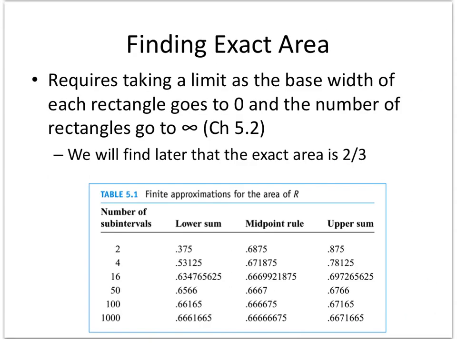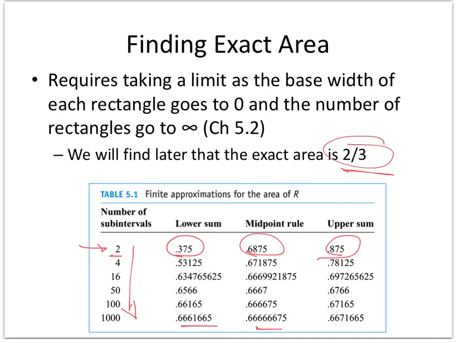And I could do this in a table where, notice I started with 2 rectangles, and I'm going to tell you that's the exact area. We'll see why coming up. So that's the answer. If you look at the 2 rectangle one, these are pretty bad approximations. You know, the midpoint's not that bad. But as I add rectangles and as I shrink their width, you can see I'm getting closer and closer